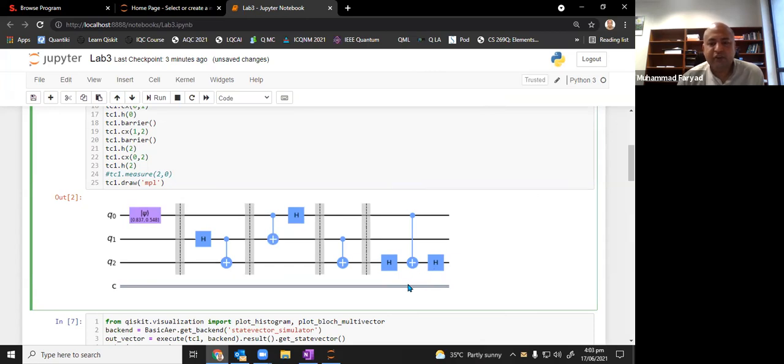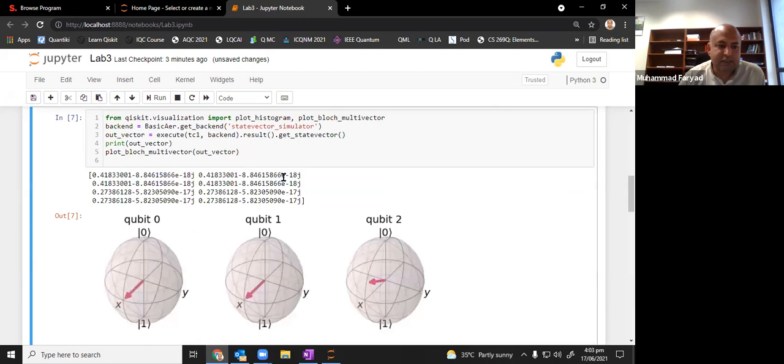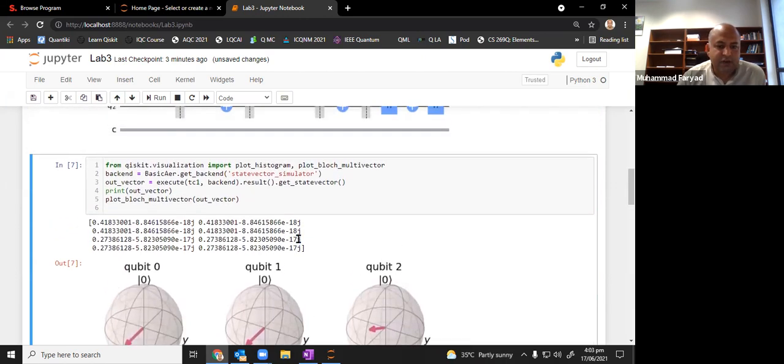Yes, sir. So here you can see the applicability: if your hardware doesn't allow a controlled Z gate, you can implement a controlled Z gate using a controlled X gate like this. So this is just that implementation. So let me run this circuit. And now this is just a way